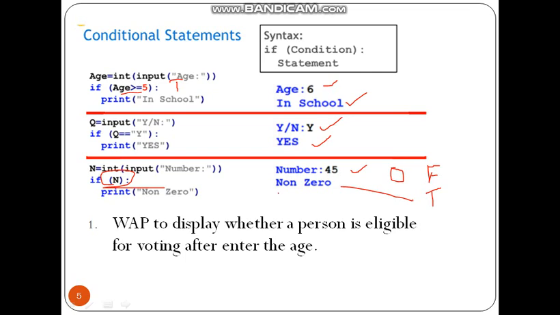Now let's see an example program for this simple if, to display whether a person is eligible for voting. Eligibility for voting is definitely that the age must be greater than or equal to 18. So let's see the program.